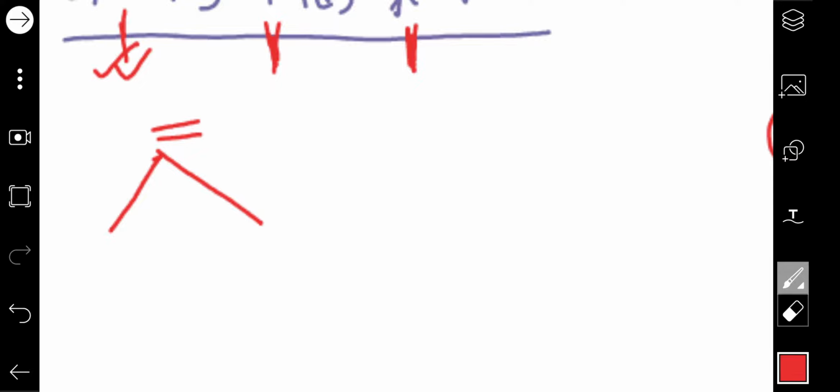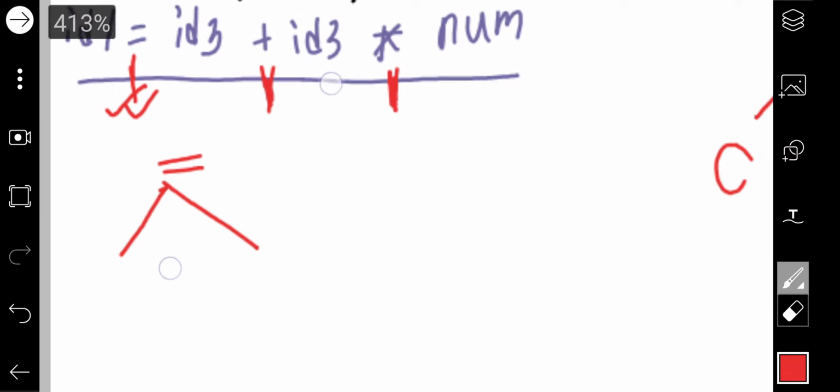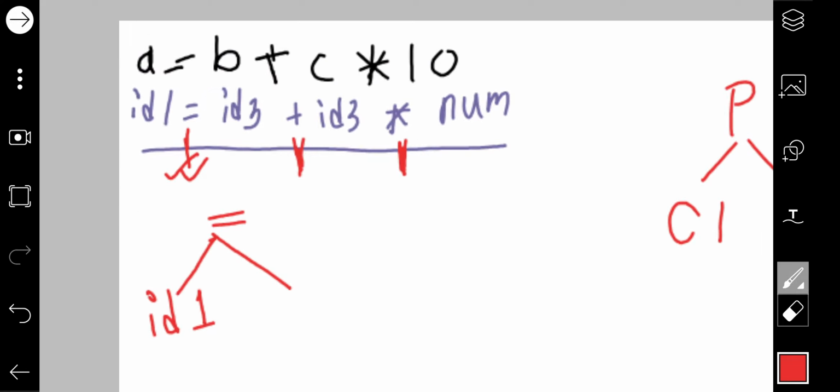So the first operator is equal. Now this equal operator will have two children. One child here will be id1, because id1 will take the result. Now from where the result is coming, you have to check.